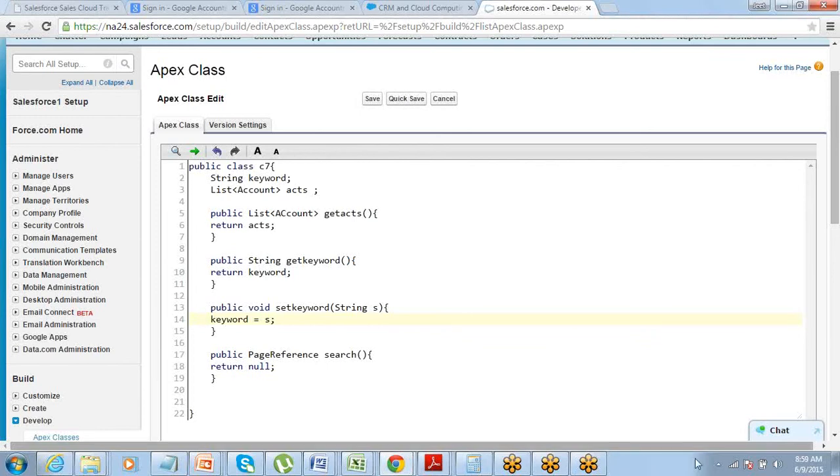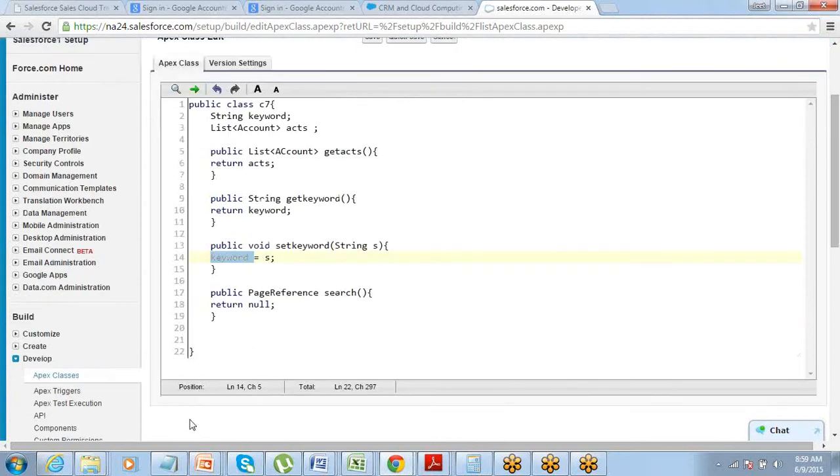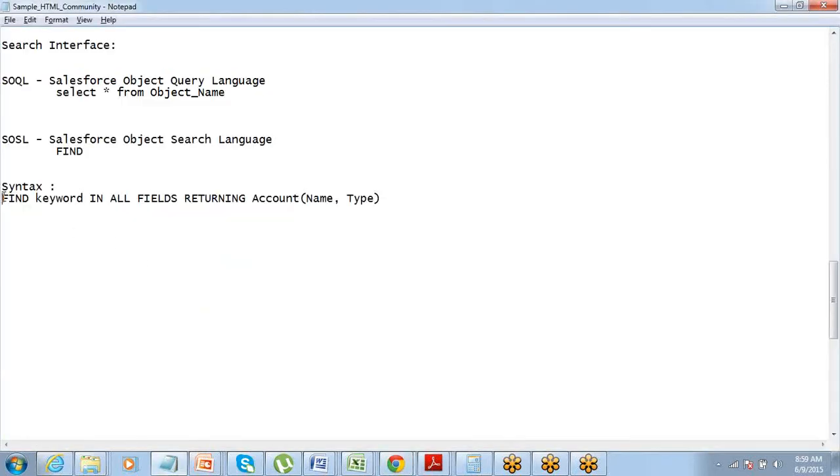So this is a void method. It will just help me take this parameter string s and assign it to the keyword. Now this keyword is what I'm going to search. All right. So what is the syntax I told you for the query? Find keyword in all fields, returning what all fields you want to return.